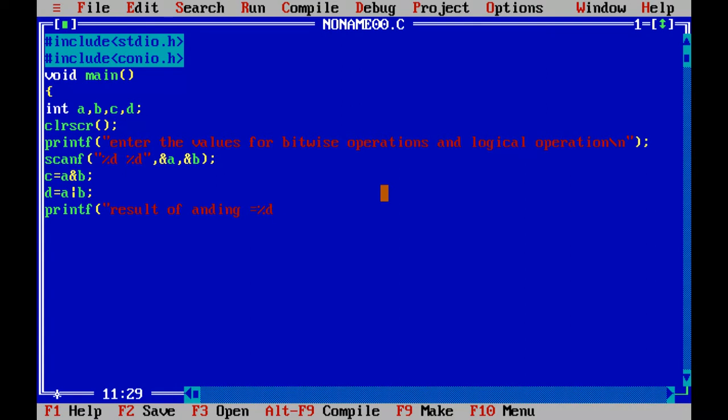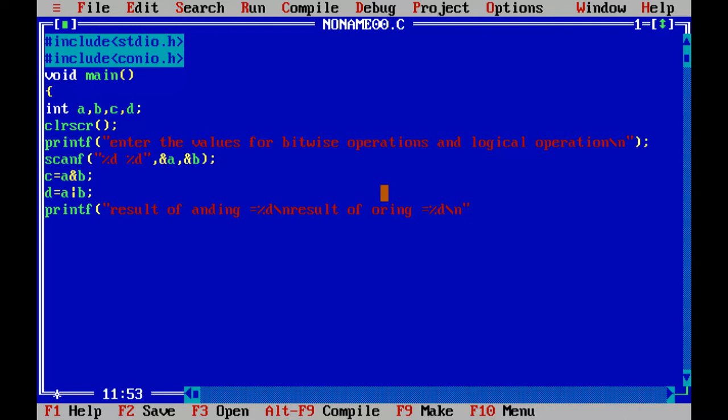Then I'll place a backslash n because I want the ORing result to be in the new line. And over here I'll write result of ORing is equal to, again, a percentage %d followed by a backslash n, so that any next line that I would print would be from the new line, double quotes complete.